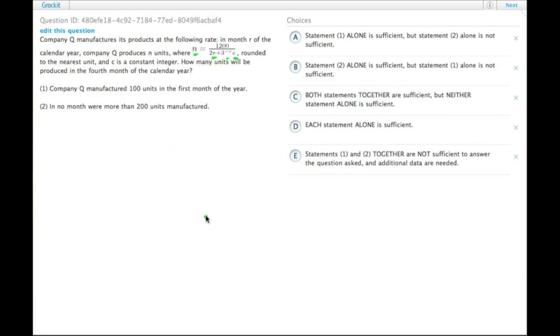So now our new formula is going to be, I'll put it down here, N equals 1200 over 2 times 4 minus 3 to the negative fourth times that constant. We don't have to figure out what this is. We still have two variables anyway. We just know that we're going to need one more of these variables. We need to figure out this constant to figure out what this number is going to be in the fourth